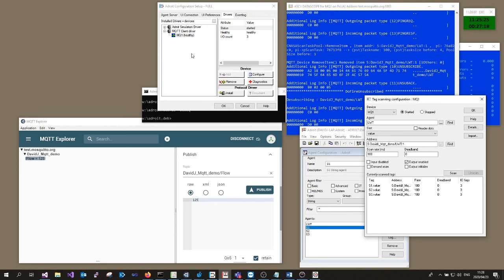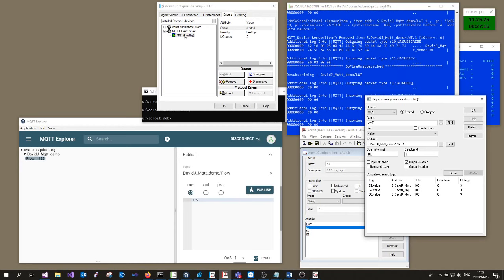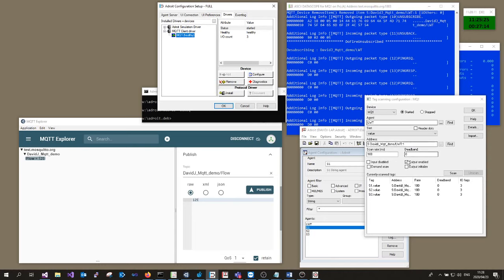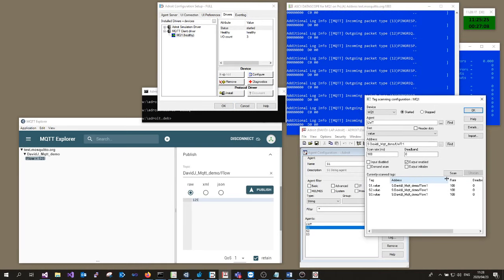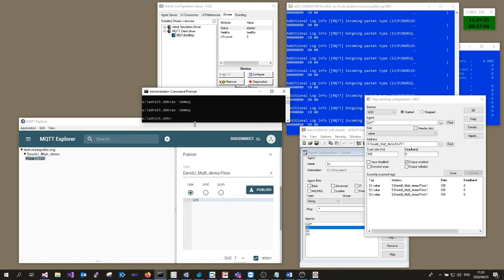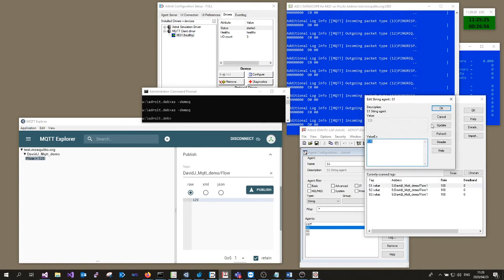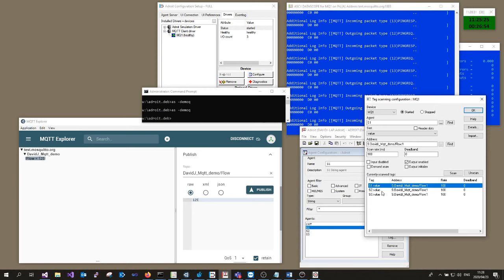Okay, so basically this is telling me I've got everything from the broker, and if we go in there, I've got 3 values. I scanned them to the same value. You'll see I'm in an Adroit development environment. I've been doing some testing here, so we should see 125 on any one of these strings. So we got that value.